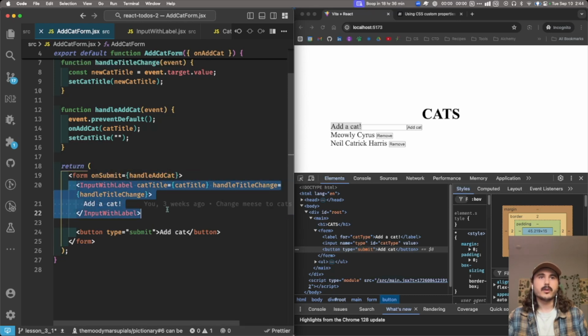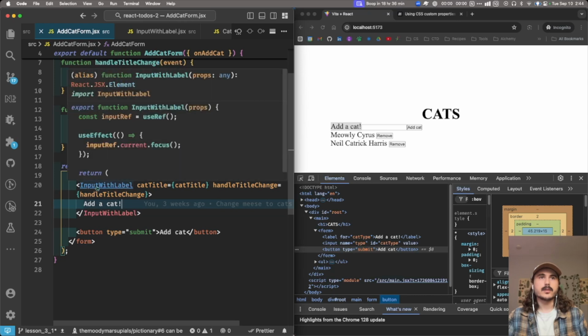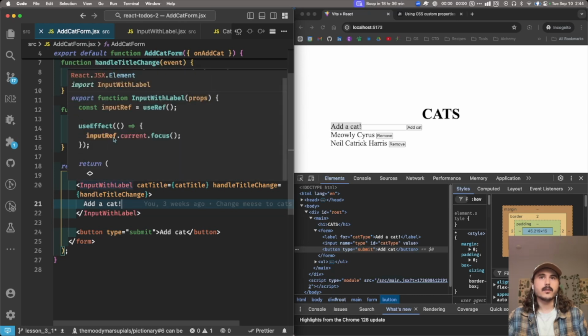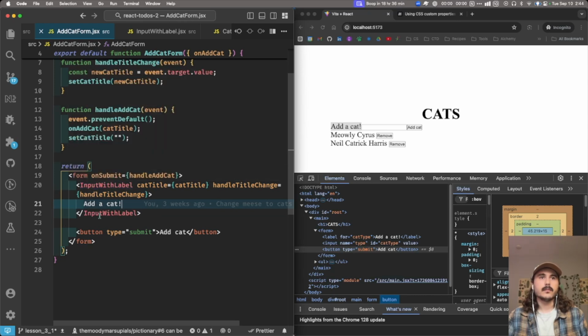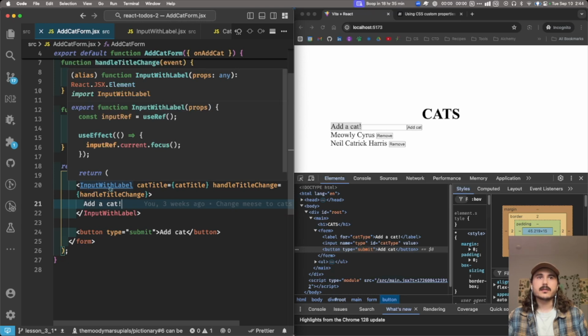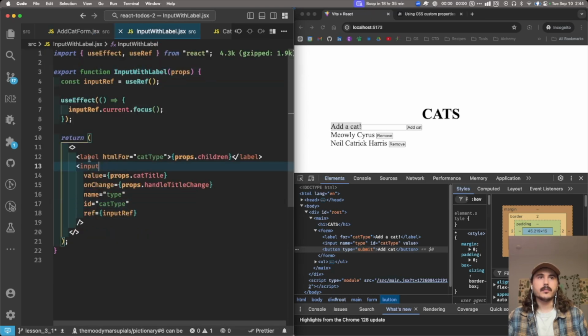We have our input with label, which is going to have some JSX inside of it that we're potentially going to want to refer to. So I'd say, to make the label appear above everything,